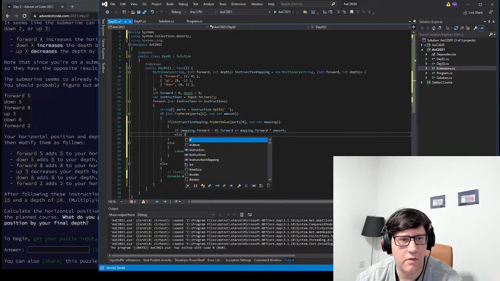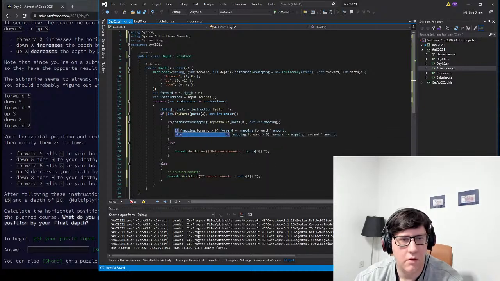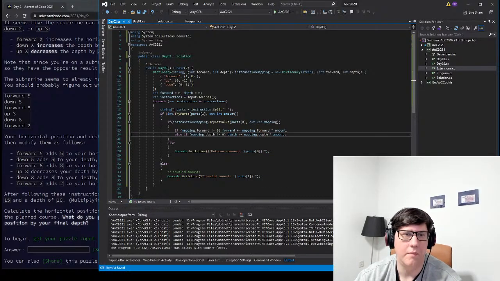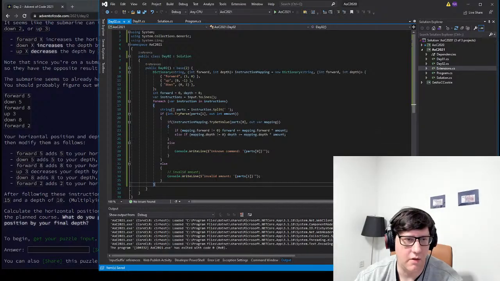Else if depth larger than 0. Actually, we should make it not equal to 0, because everything else should do a modification. And we can do depth plus equals mapping dot depth. Like that, and this should give us console dot write line